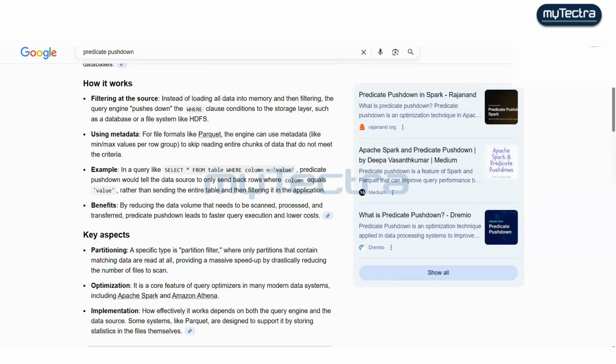Okay, next is constant folding. Constant folding is nothing but, look,